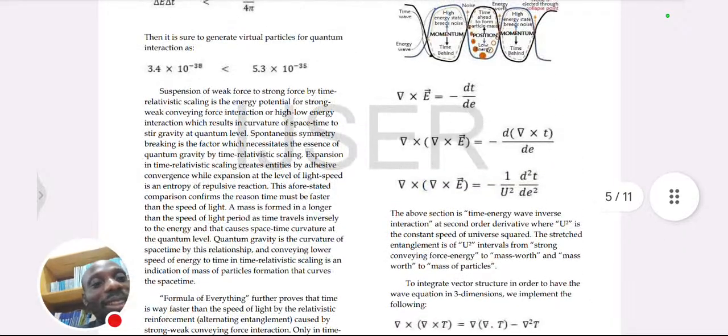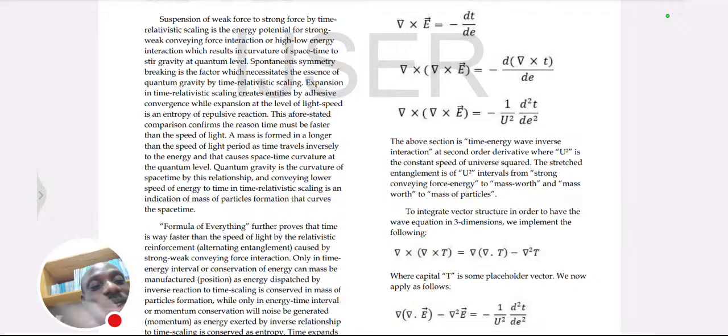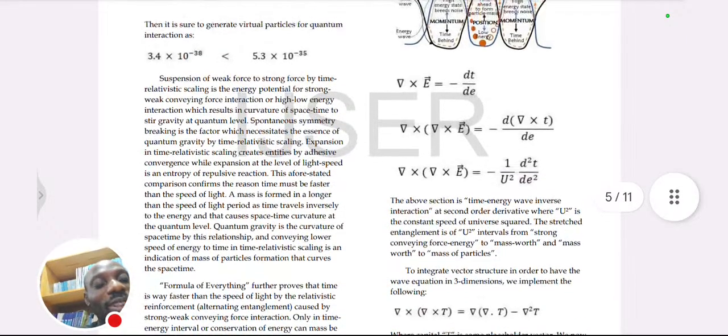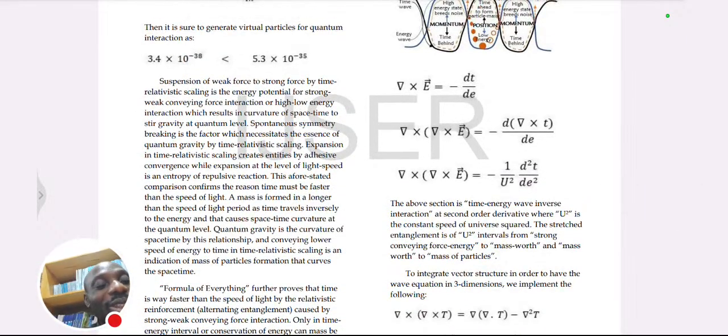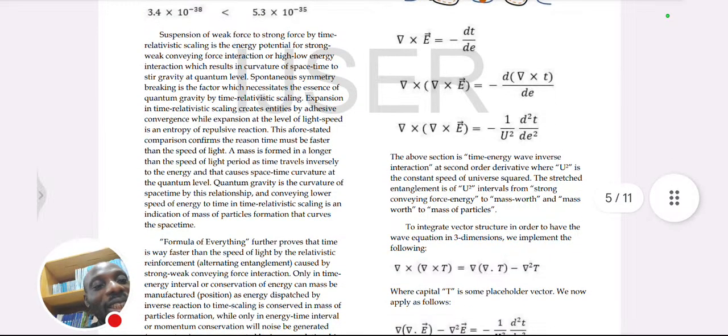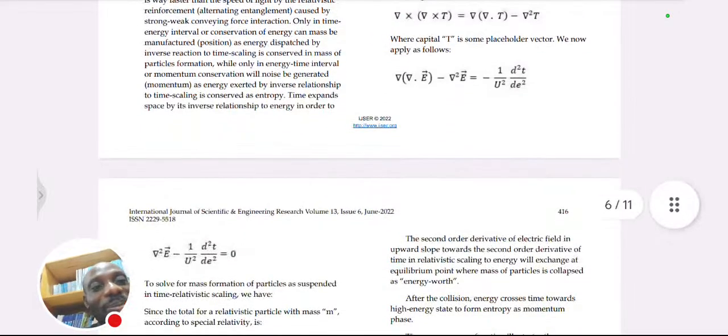And what I did was trying to do the derivation such that I have it in 3D. And when you look at that, I'm using u squared as the constant speed of the universe in the old derivation. And as you can see